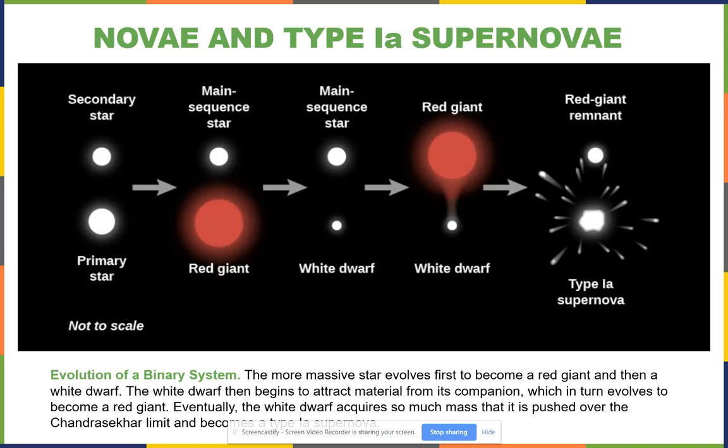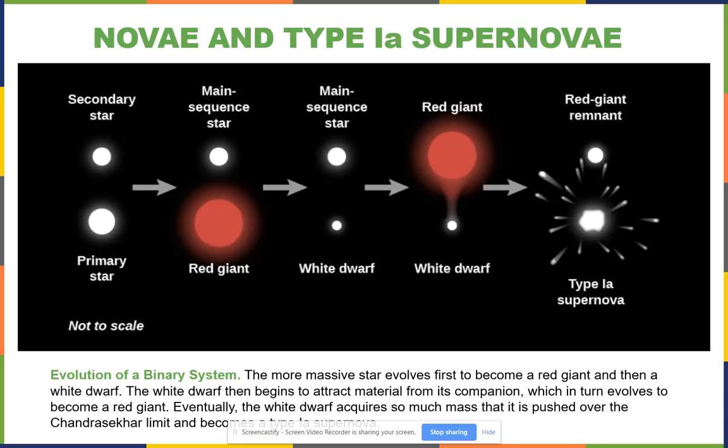How does the lifetime compare between a lower mass and a higher mass star? Which one has the longer lifetime? Lower mass has a longer lifetime. So the larger mass star dies first, goes into its giant stage. There's our second picture. The lower mass star is still in the main sequence. And then after its giant stage, if it has a mass less than 1.4 solar masses at death, it becomes